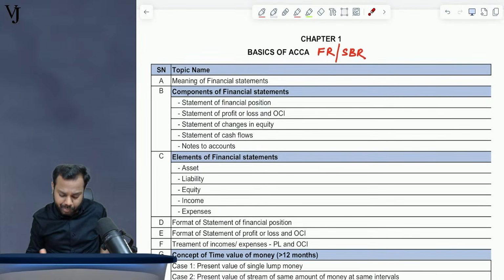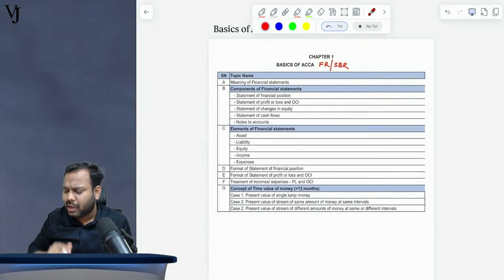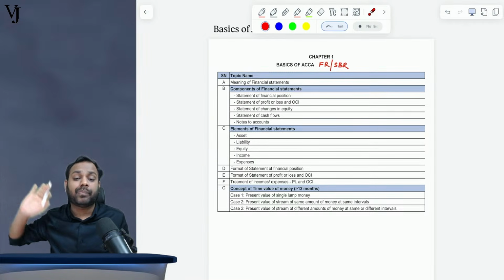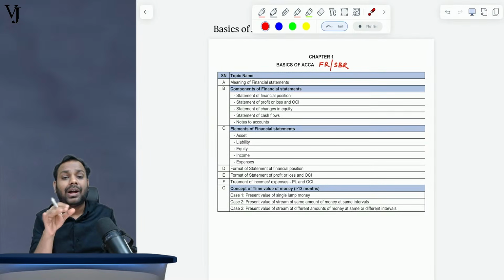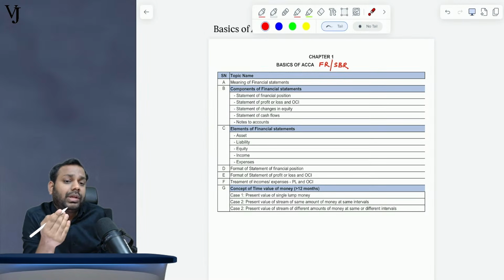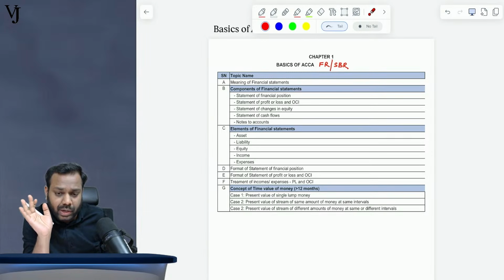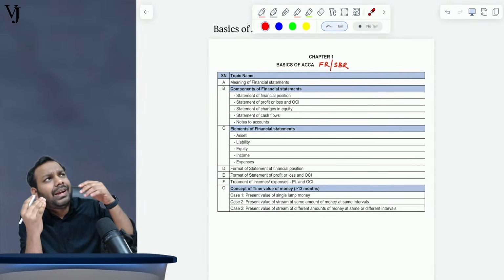Basically what I mean to say is whatever I teach in today's class, I will teach it again in subsequent classes. Then sir, why are you teaching it now? Because these are the few key terminologies which I will be using in every class of mine. So I don't want you to face challenges. What exactly is the meaning of this?